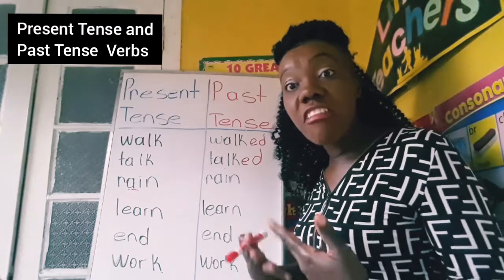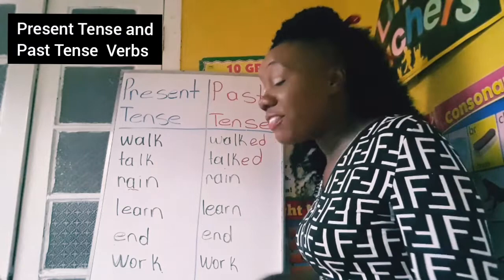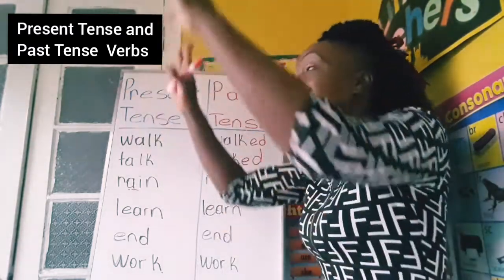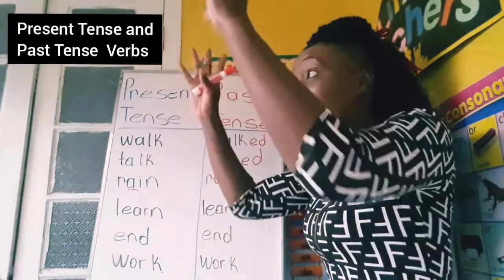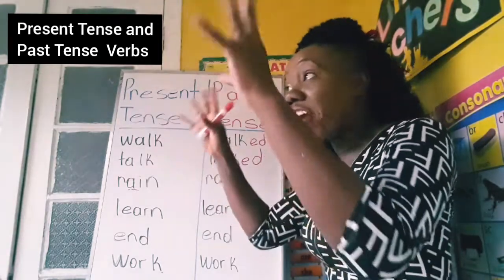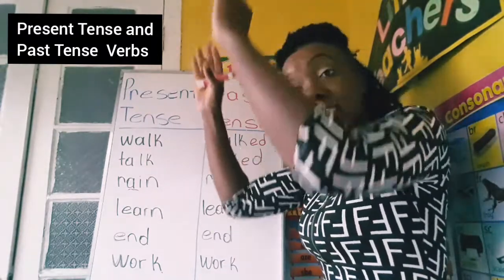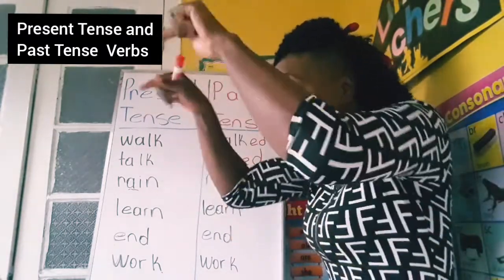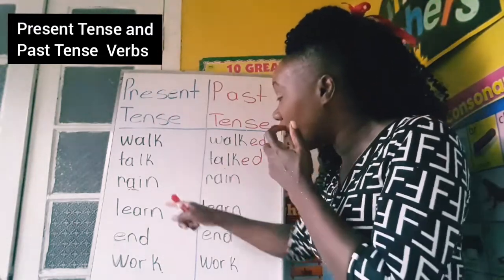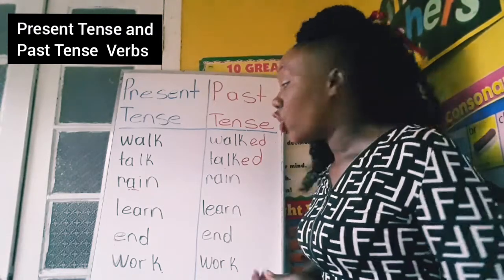The word is rain. And rain is something that happens all the time. But if it is happening now, you say it rains. Rain is happening now. And rain is an action, it is something that happens, that comes out of the sky. It rains. It is raining right now. But if you want to talk about the rain that happened yesterday, you say